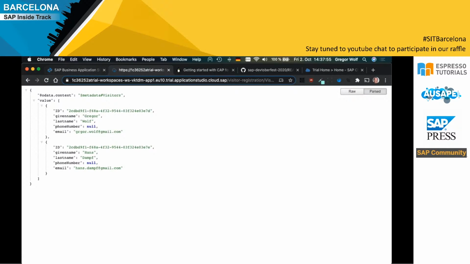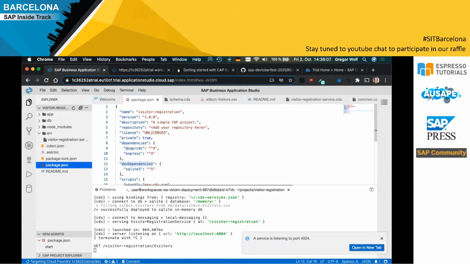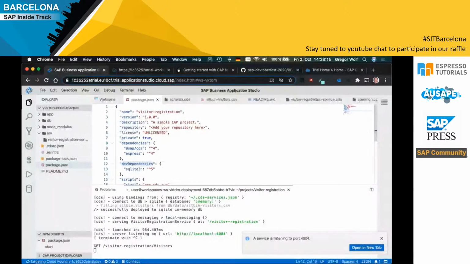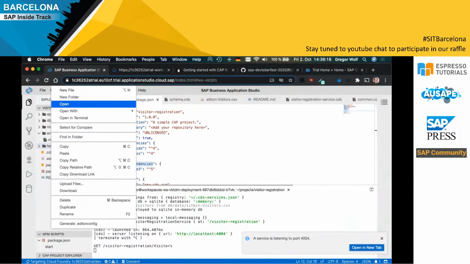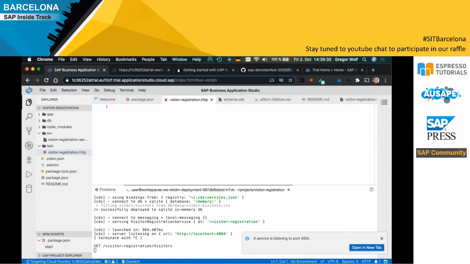To not always need to switch between browser tabs, I suggest that you use the tool that is built into Business Application Studio, which is a REST client. Let's create a new file. First, a new folder called test. That is my pattern, or I think the CAP team also does that. And I create here visitor-registration.http, because what I can do now is take